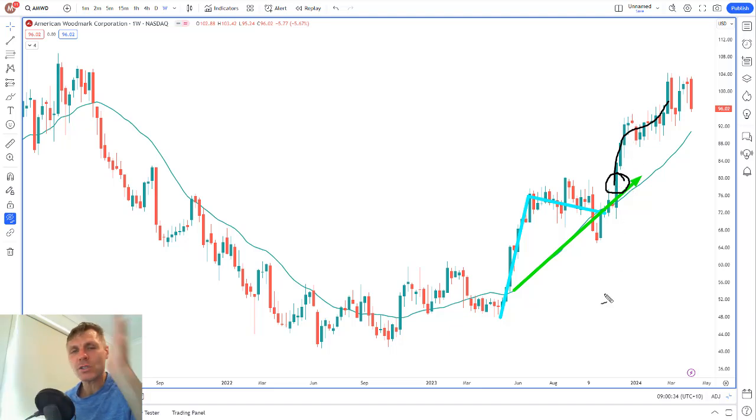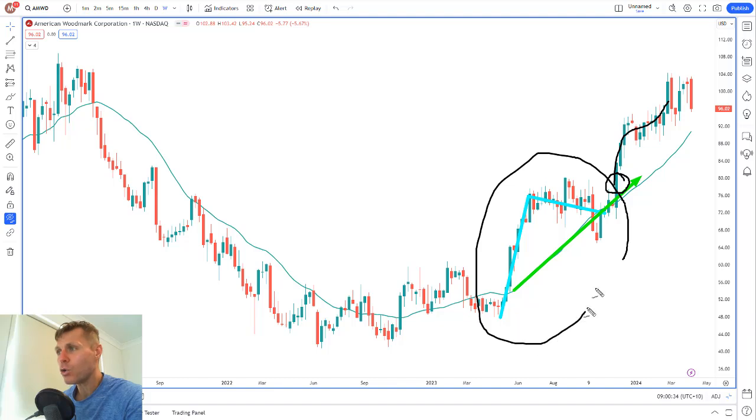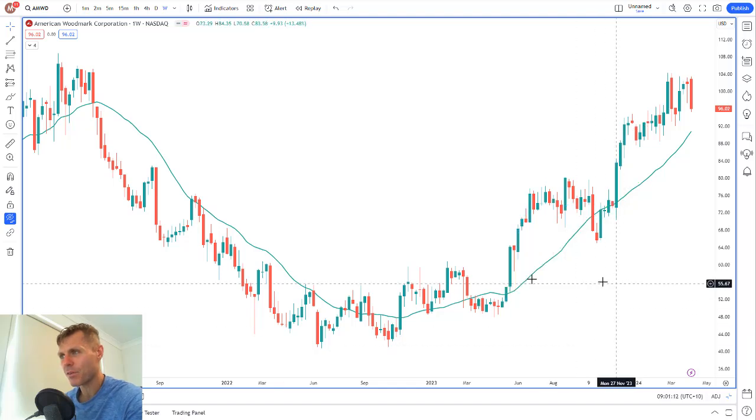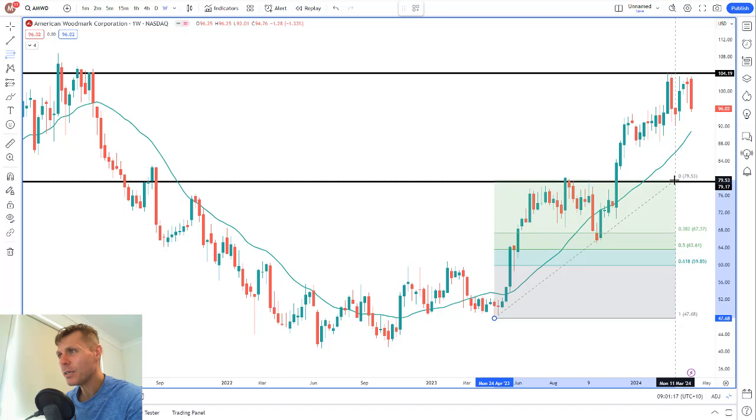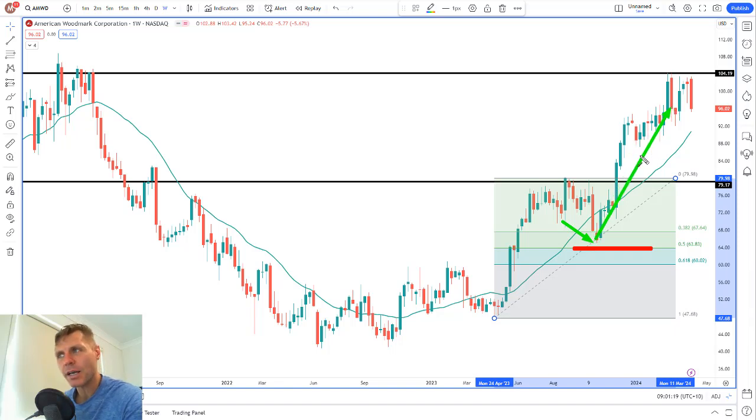So this is just one of the stocks that's on top of my mind right now that I'm trying to share with you, that when you start to get this beautiful L-shaped pattern with a strong moving average behind it, and on top of that, guess what also we had, right? Look at this here. From the low point to the high point, what did we have? That's the 50% line through there, isn't it? Look what happened. 50% or less, and then a really big move to the upside.